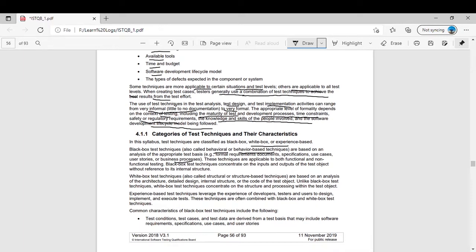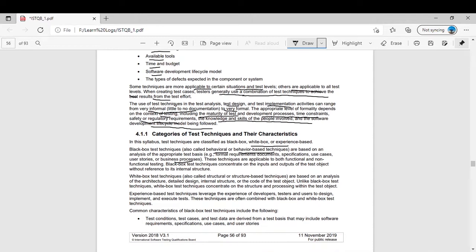So actually, black box technique is totally based on the requirements, your specs, your software requirement specification. And test cases can be derived by looking at the specification and test basis. You don't know what is inside that black box, inside that product or module that you are testing. You only have specifications, you only have requirements. You apply test cases based on that requirement, you get the output, and then you decide either this product is working as expected or not.